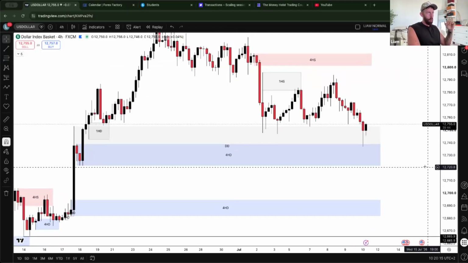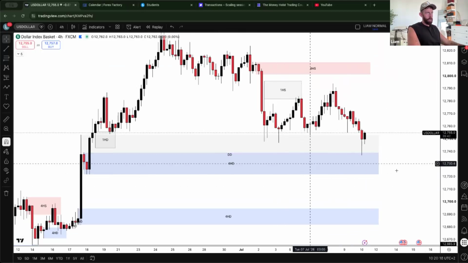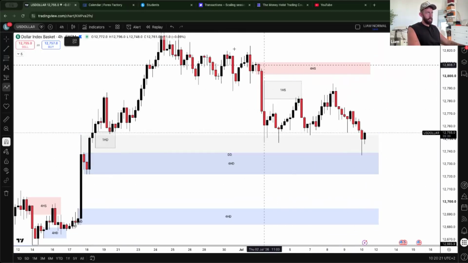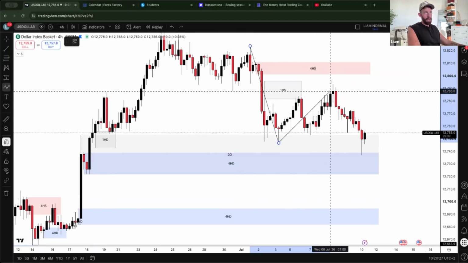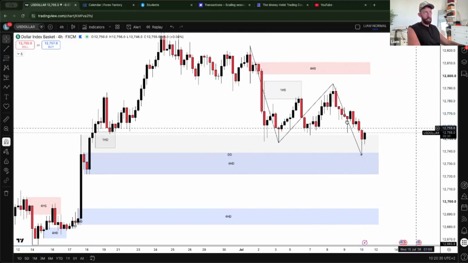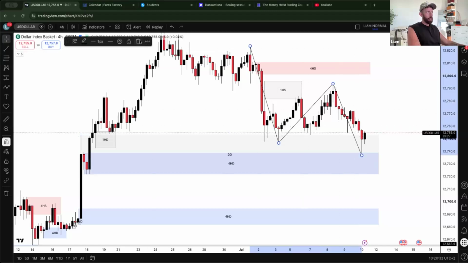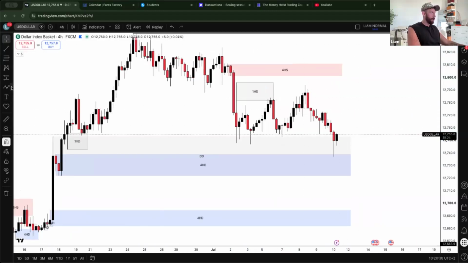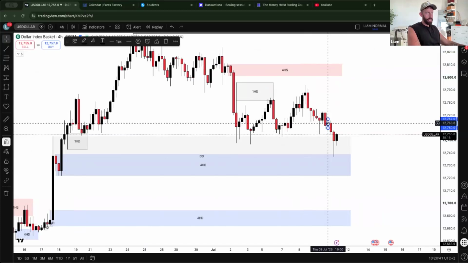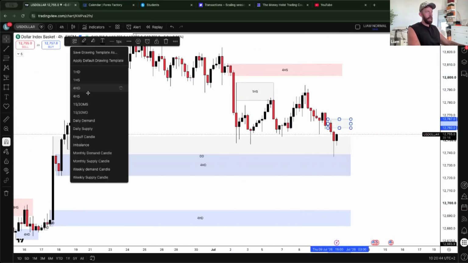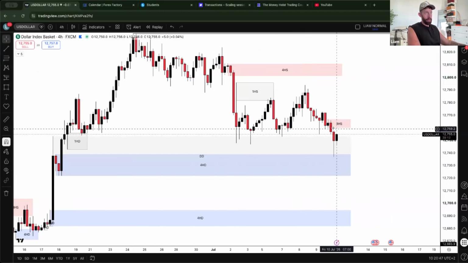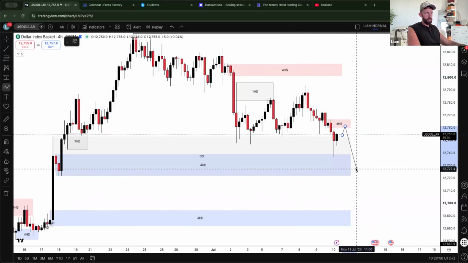Now, most importantly, what I want you to understand is that even though we're in this 4 hour demand, I want you to understand the structure internally. You can see that the structure internally is still bearish. You can see that market structure is still bearish inside of the daily structure. So what does that mean? Well, what that basically means is we need to keep an eye on market still giving us shorts. The first area that I can keep my eye on is this 4 hour supply area. We have imbalance below that. That could be where market, from a dollar perspective, gives us our next move down.